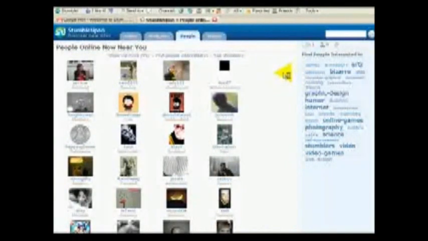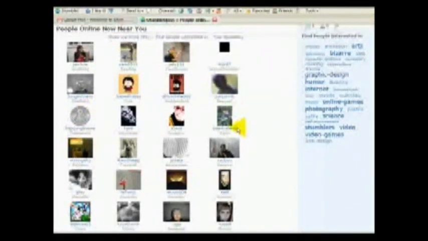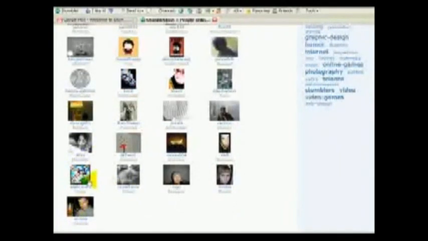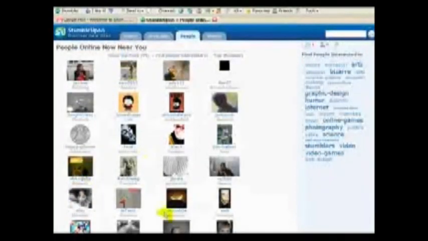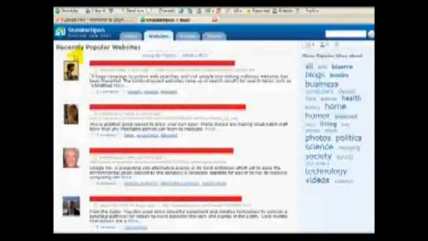The other cool feature here on StumbleUpon is if you click the People tab, it's looking whereabouts you are in the world. As I put, I'm in the UK. It's then starting to suggest other people that are online that are nearby, and if I wanted to start trying to network with some of these people, I might be able to go and look at their profile and contact them, etc. If I go to websites, then it gives me a different choice of recently popular websites. So we might decide to go look at, for example, the BBC site that's had 11 views. So we click that,